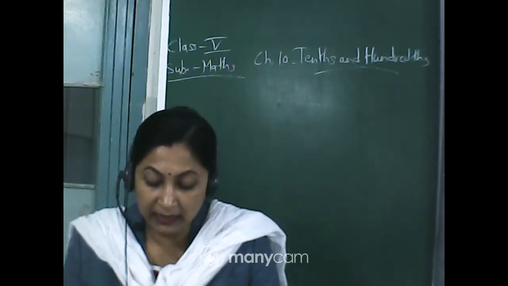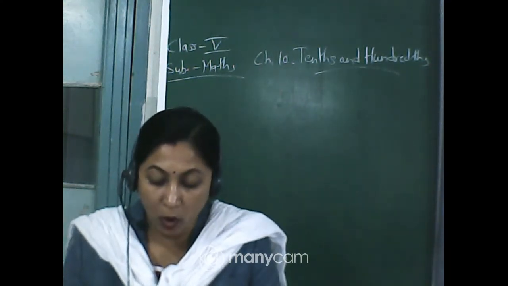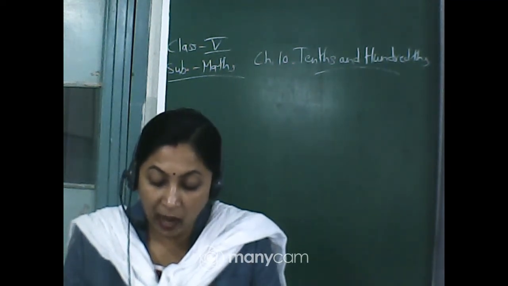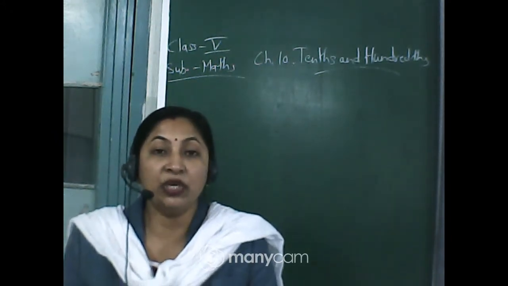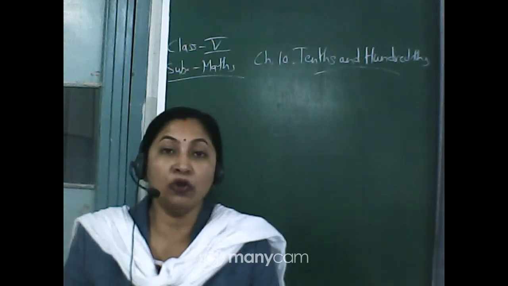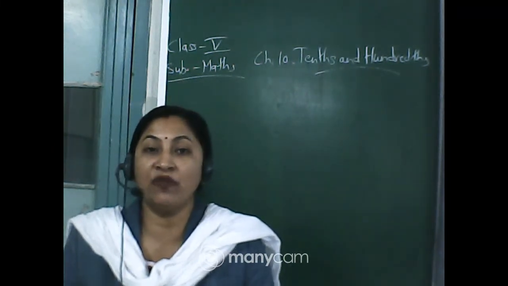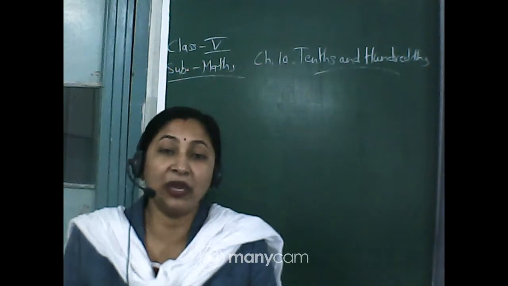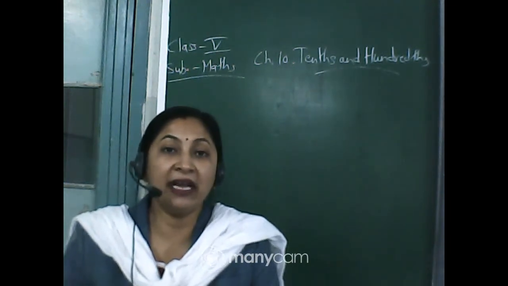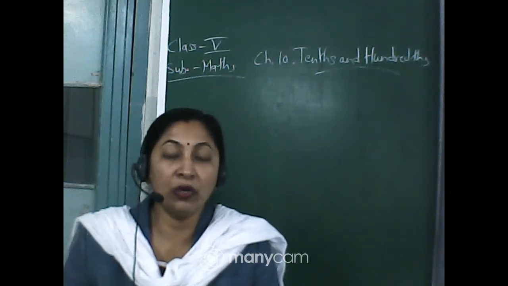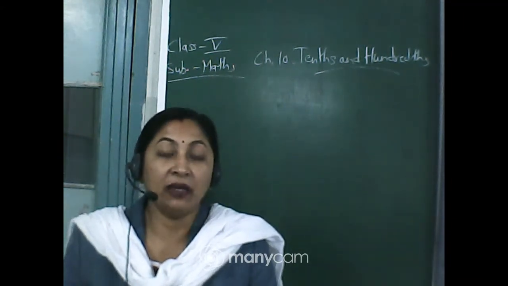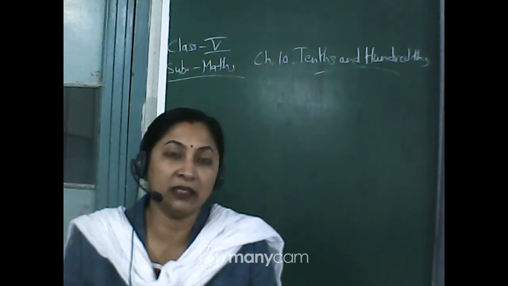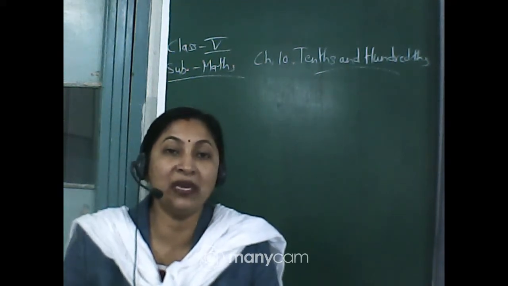Question number E is, Astha wants some Hong Kong dollars and won. So question first is, how many won can she change for rupees 4? Now Astha, a girl, wants to change into Hong Kong dollars and won. Won is the currency of Korea. So she wants to exchange Indian rupees into international currency, that is, one is Korean won and one is Hong Kong dollar. You have to find out from Indian currency to international currency what will be its amount.